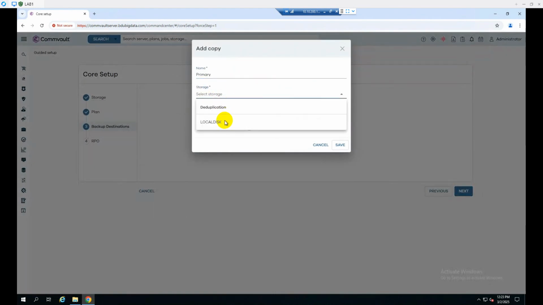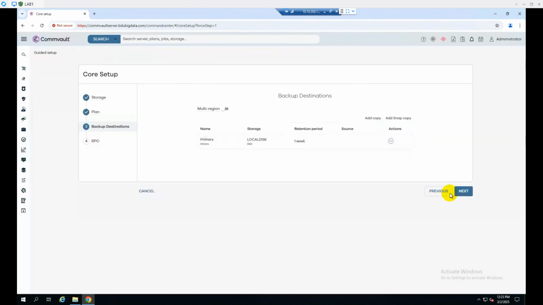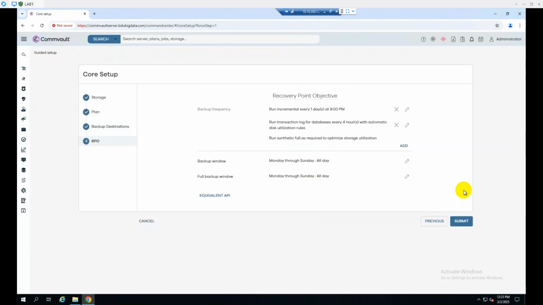So I'll select that storage local disk, which I already created in the first step, and the retention period for file system backups I will choose days, and then it will be 7 days. So whatever backup I took by this file system policy, it will retain for 7 days. Clicking next,